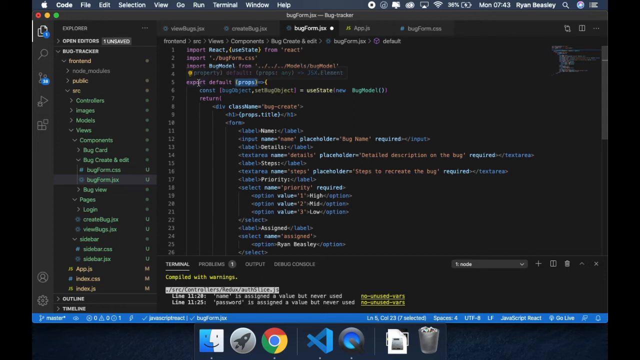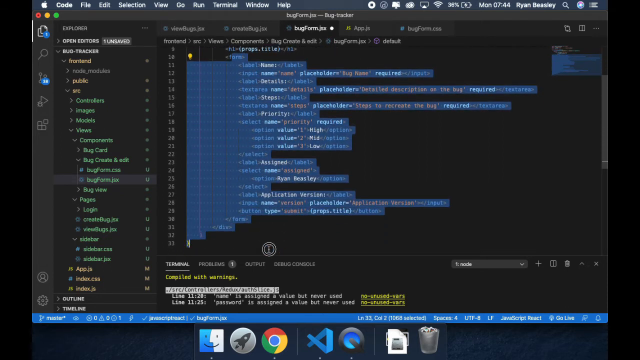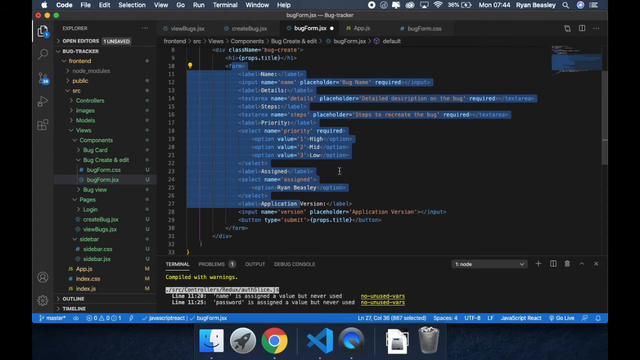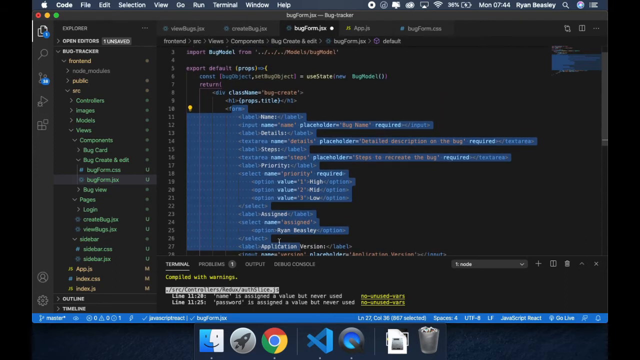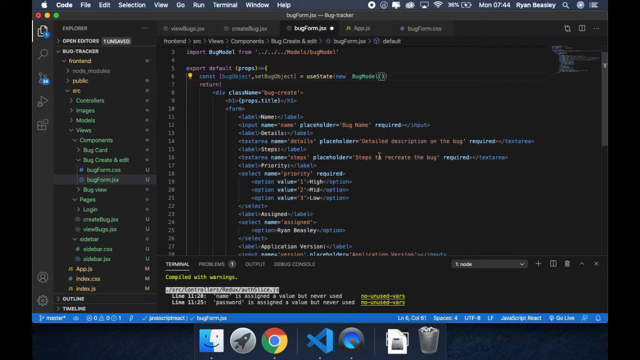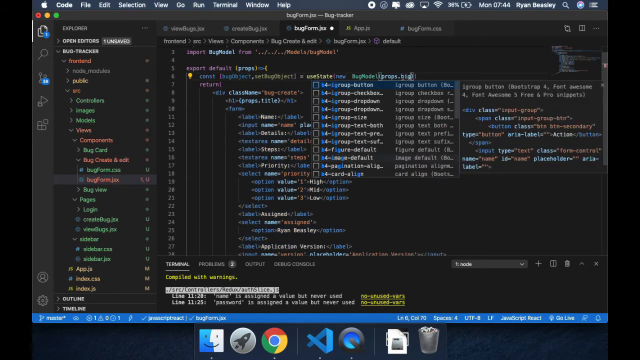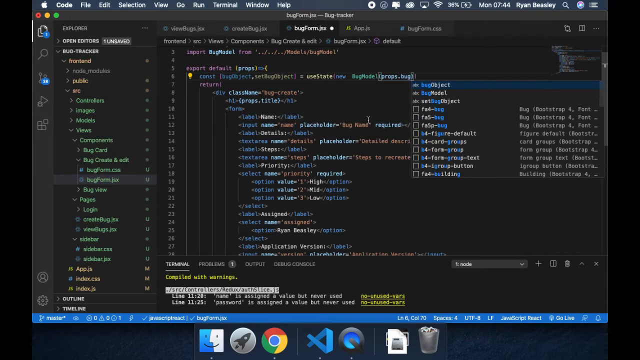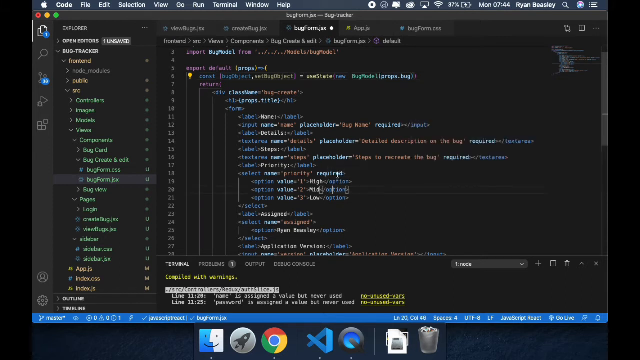And the reason we'll be passing a bug over from props is when we edit the bug itself, if we pass the bug over and set the state, it will set all the inputs so we can just edit it rather than have to re-input all of the data itself. So if we grab the props and we'll do props.bug. If it's null, then it's just going to create an empty bug for when we actually create,